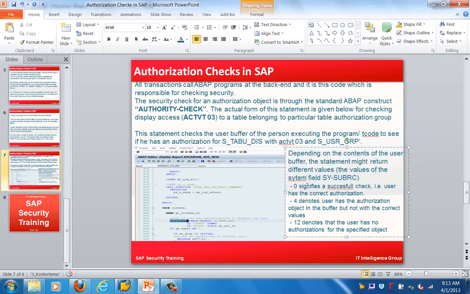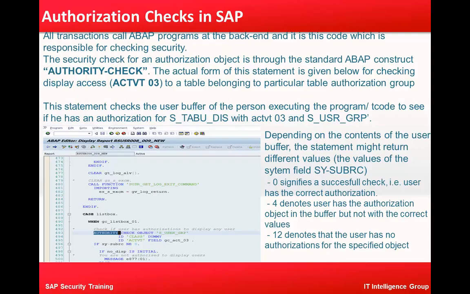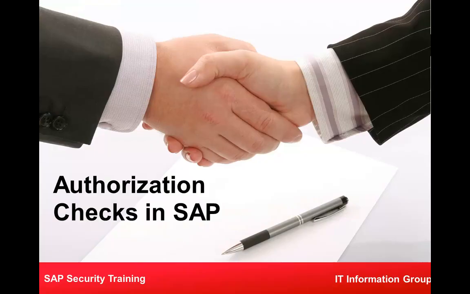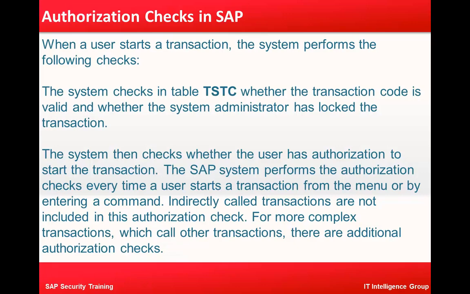Okay, so depending on the content of the user buffer, the statement might return different values. So for example, if a user has a buffer and it returns a value 0, that indicates it's a successful check, that is the user can log into the system to perform the transaction, that is the validation is successful. Okay, so that is what